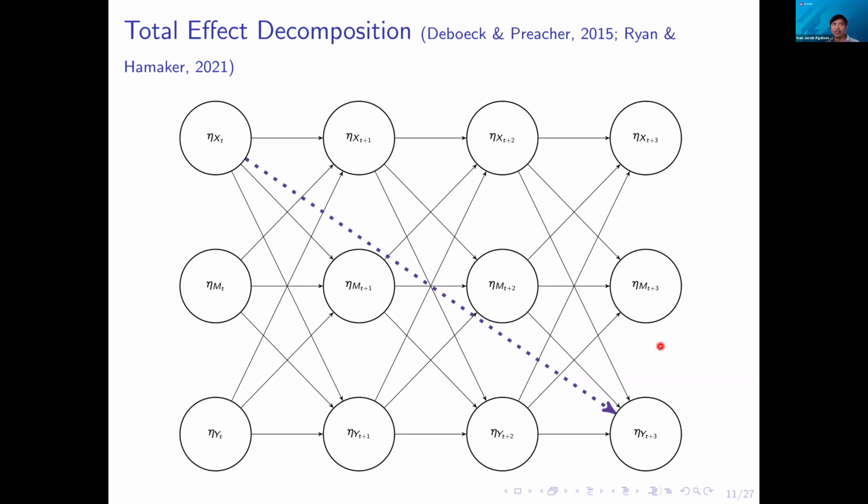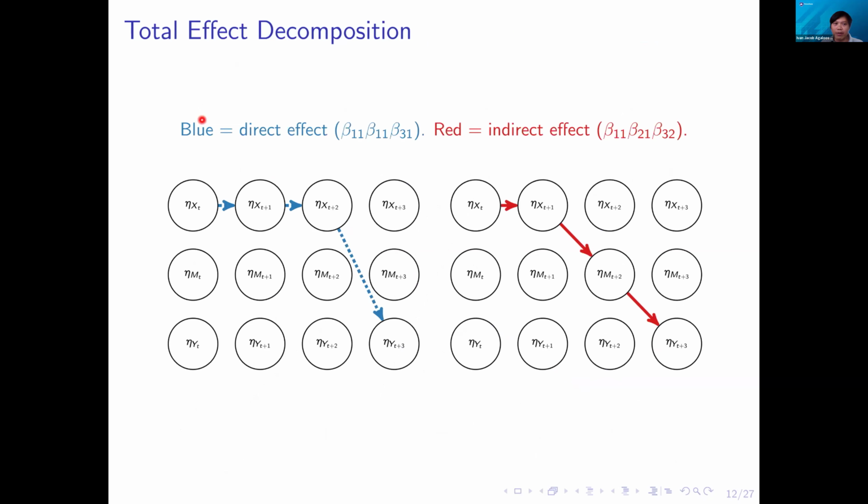And then the idea is that we decompose the total effect into what is direct and what is indirect. We take a look at all the possible paths where our mediator variable of interest is crossed, and we define that as the indirect effect. This is one example of an indirect effect. And we take a look at paths where the mediator variable of interest is not crossed, and we define that as the direct effect.